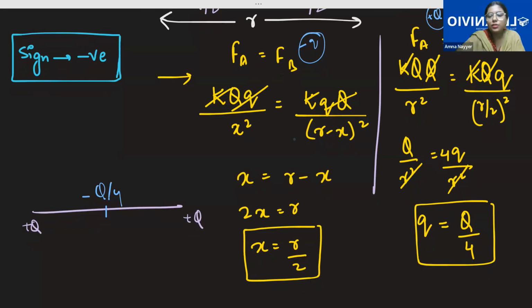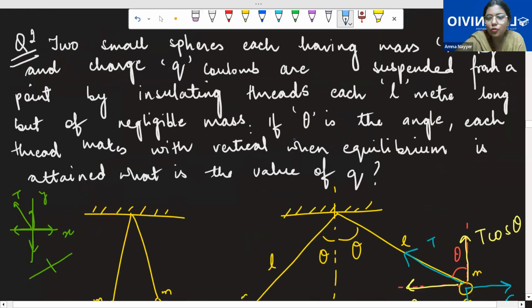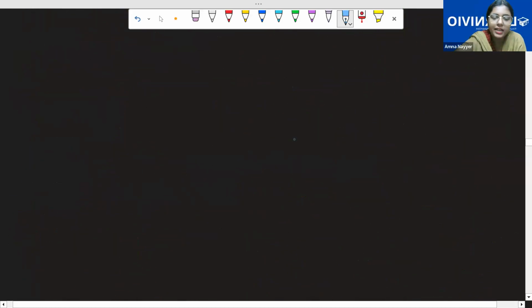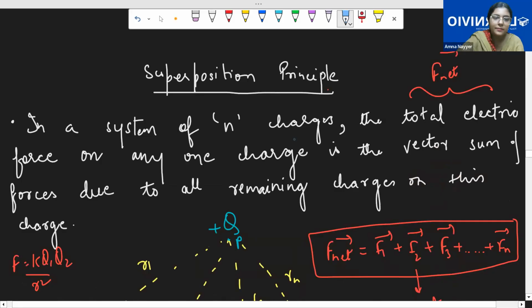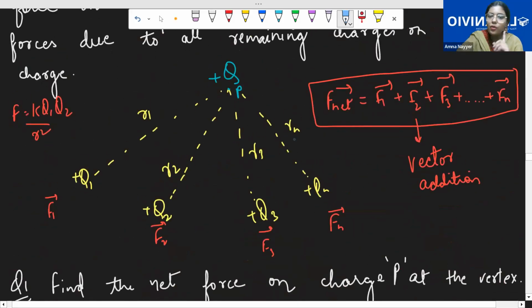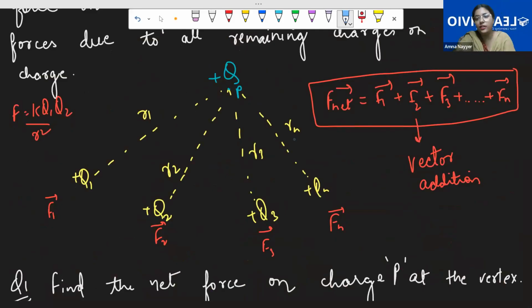All right. So the next is the superposition principle that we have. The superposition principle is basically, when you have multiple charges present, for multiple charges, multiple forces are there. Now, when we talk about multiple forces, what do we do for all the charges that are present? For two charges, we already know what the forces are. But what if multiple charges are existing and you now have to tell the net force?